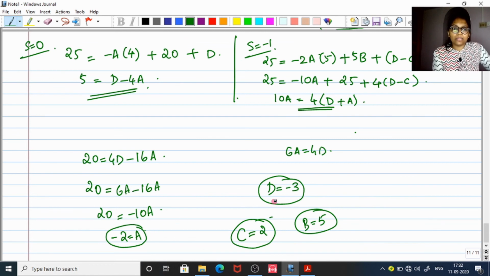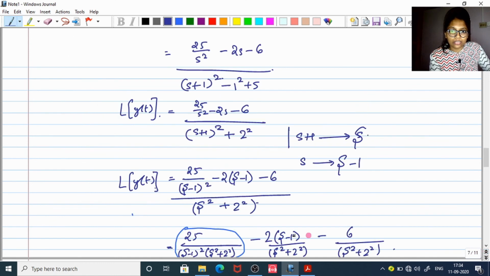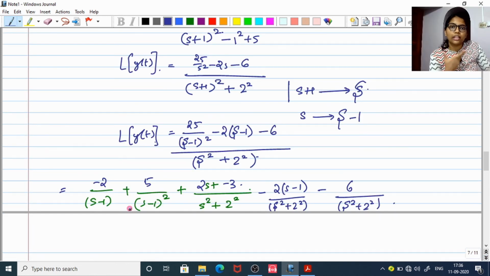So these are the values for a, b, c and d. You can take a look at the steps. Now substitute these a, b, c, d into our partial fraction set. So our fraction 25 by s minus 1 whole square into s square plus 4 has now split into 3 terms like this. Now paste these 3 terms into our previous main equation, from here to here. I have substituted that partial fraction answer over here. Now reduce it: minus 2 by s minus 1 plus 5 by s minus 1 whole square plus